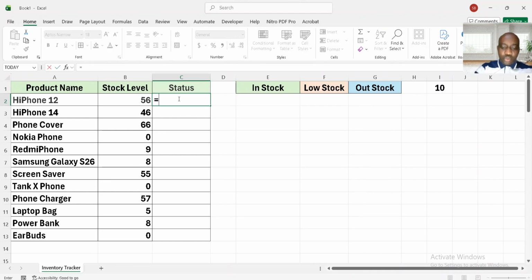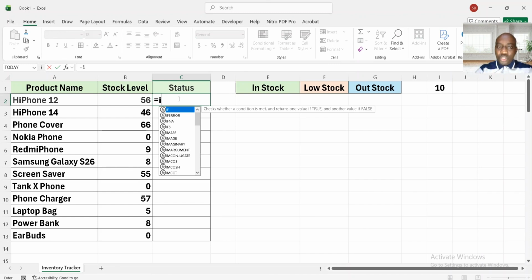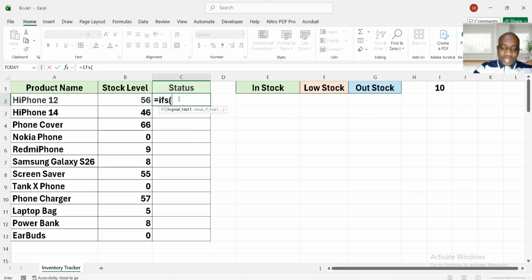First thing, press equals, we are going to use IFS. The IFS with an S is for more than one condition. An ordinary IF is a single one with one condition. IFS, bracket. The first question the IFS function asks is, what is your logical test? My logical test is that if this stock level here equals 0, comma, if the value is true, what do you want me to return? I want you to return out of stock,